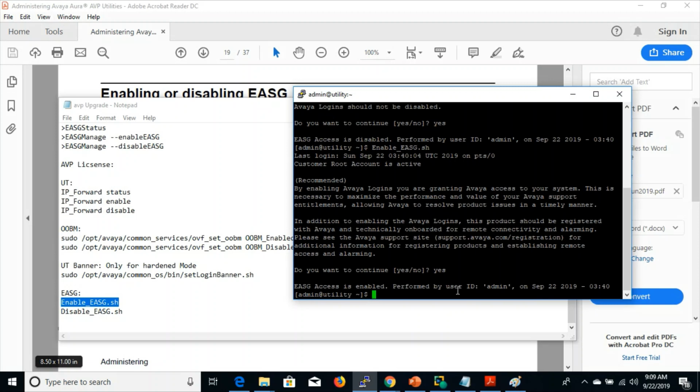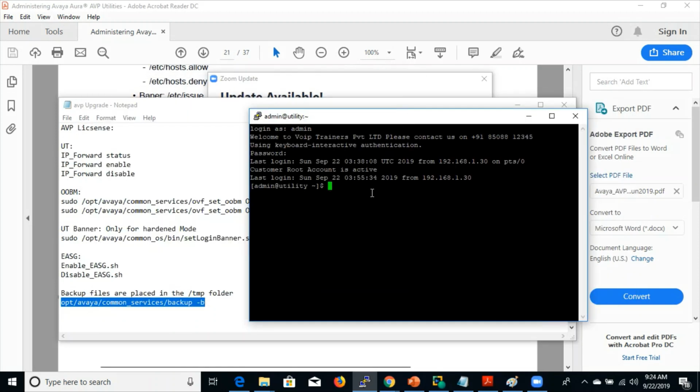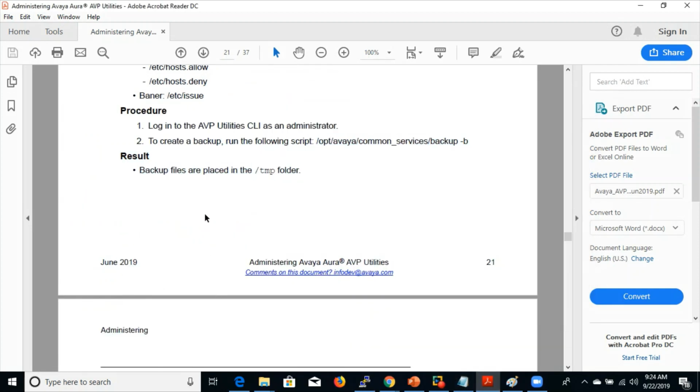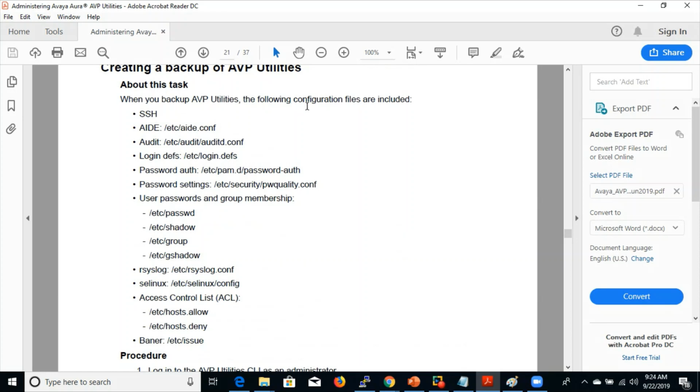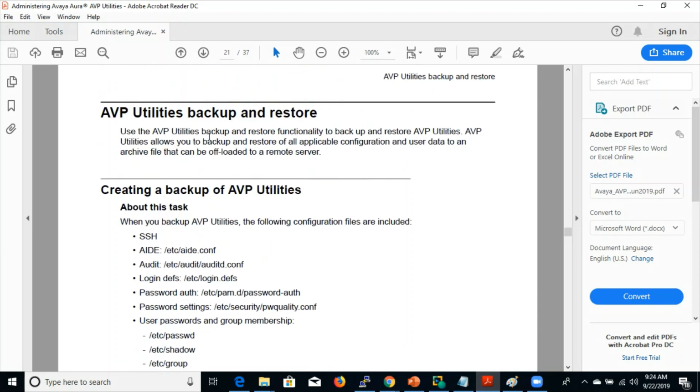Is this enabled? Okay, to take the backup of utility server, this is the command. No such file or directory. Okay, let me check. The document change is the command to create a backup procedure. When you take a backup, the following configurations are included. The utility backup and